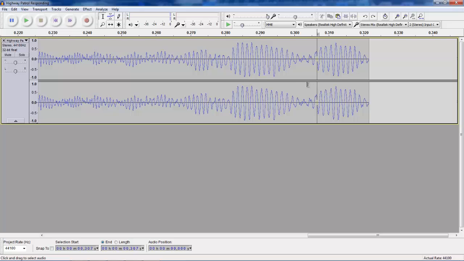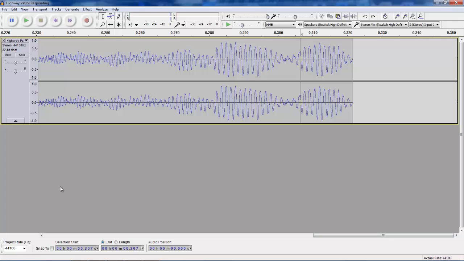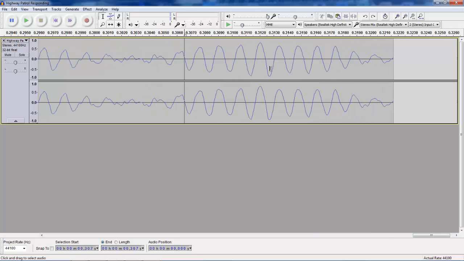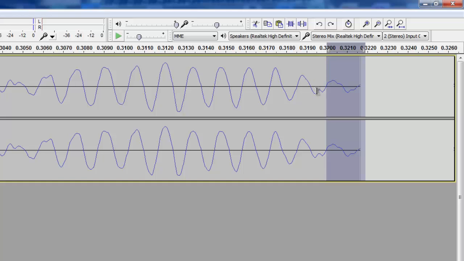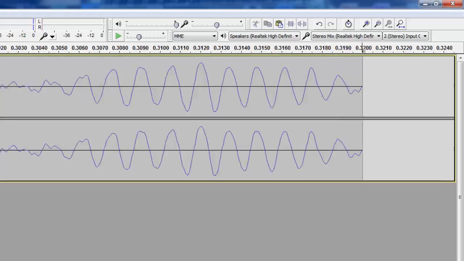Here's a few tips. If you've gotten to the point where it almost loops, but there's a clicking noise or some weird noise where it loops, this is what you want to do. Zoom in enough where you can clearly see the waves of the audio, and then at the end of the audio, cut it so you see right here the wave is coming up, but cut it so it stops when it's right on this line. So cut it like that, and then at the beginning,